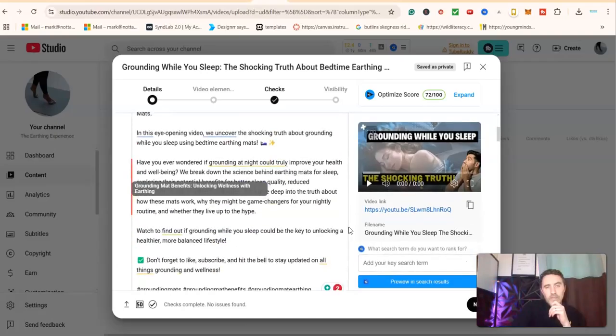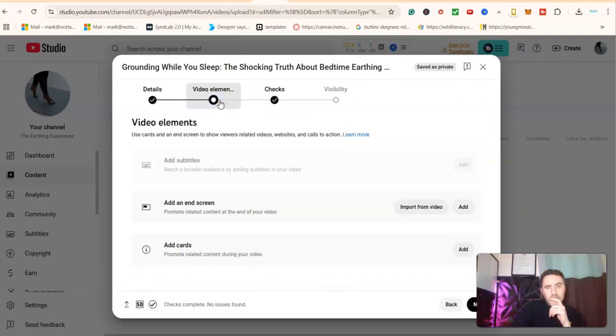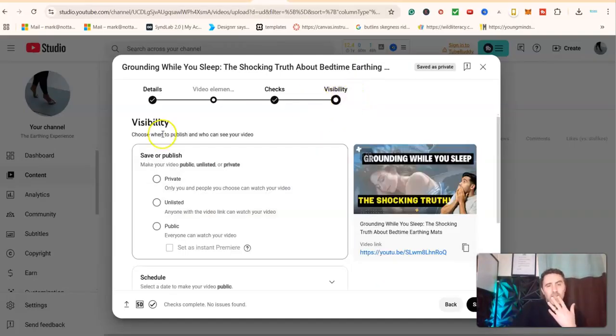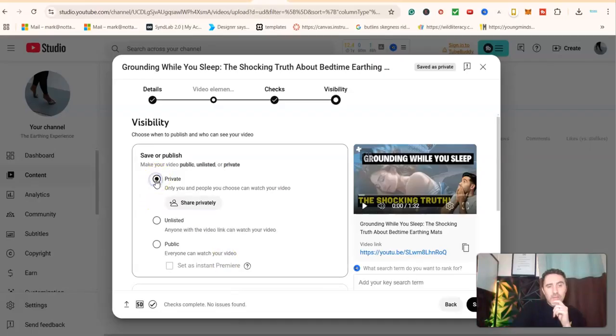Scroll back up the page, video elements. So here we can add in end screens, we can add in cards, and basically that is where you can link to other videos. But because it's our first one, we can't do that, okay? So don't worry too much about it. And then visibility is private, unlisted, or public. So public means it goes live on the channel. But for now, I'm not going to put it live. For now, I'm just going to leave it on private just for 1 second,